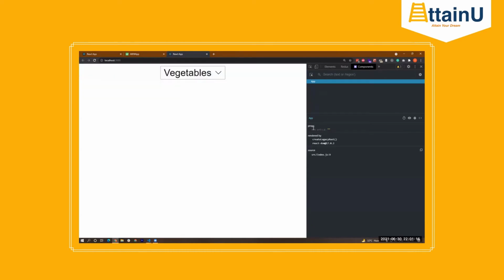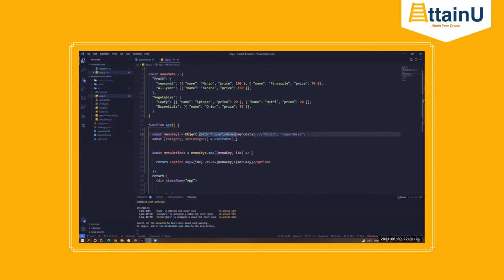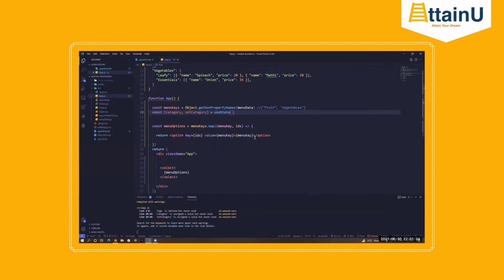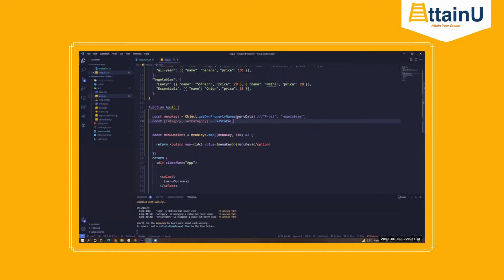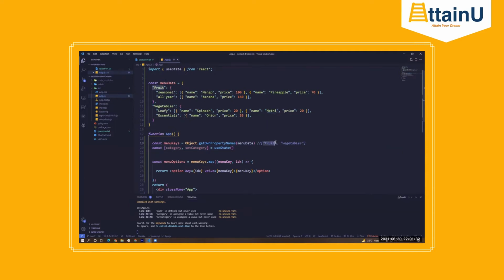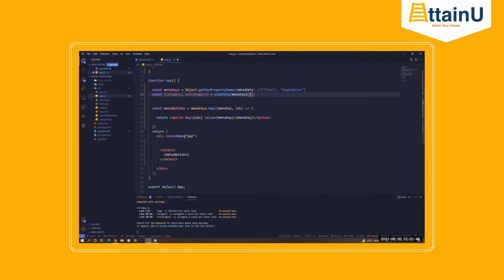Right. So we have only one component. There is no props and there is no state right now. Correct? Okay. So the initial state which is going to be selected here should be the first element itself. That can be anything in our case, but for now we'll be just using the first element in this array. So that would mean menuKeys[0], right? This will be the initial state. Now, since this is going to be a controlled component, right? So this category's value is what we want here. So I can just specify that here, right?